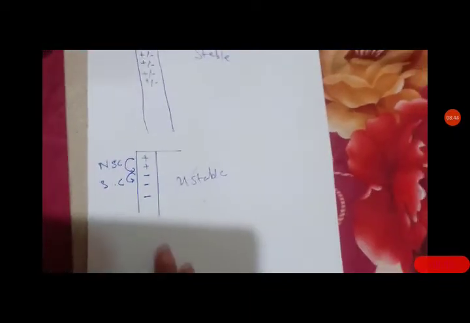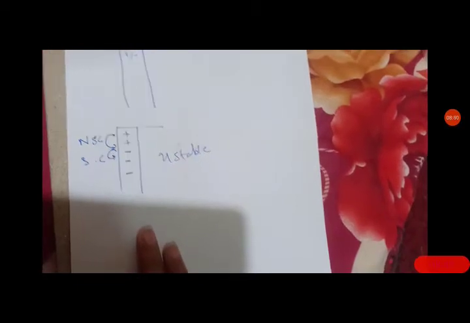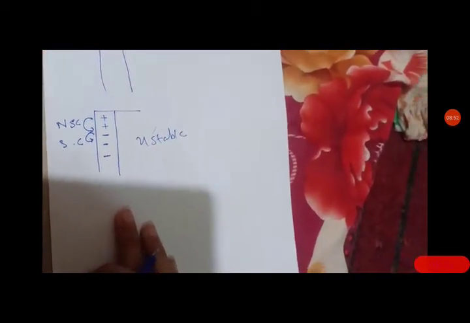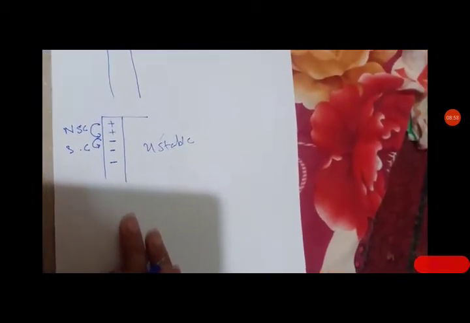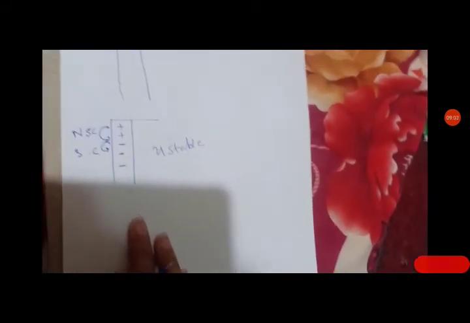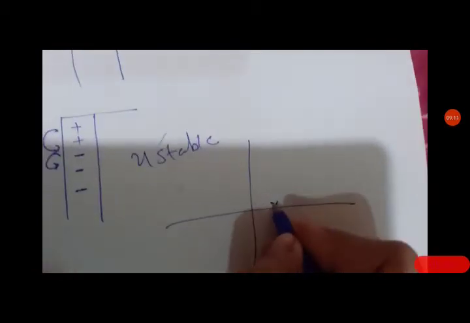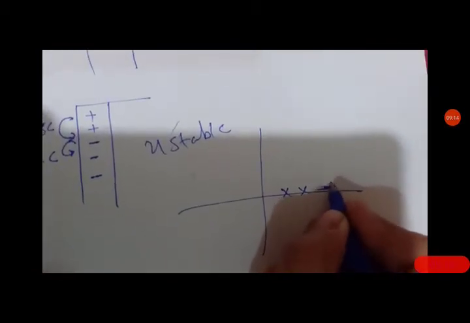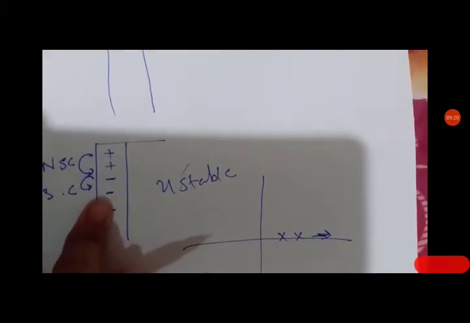Okay. So what does Routh's criterion tell us? Routh's criterion states that the number of roots of the characteristic equation with positive real parts is equal to the number of sign changes of the first column of the array. Means the number of sign changes will determine the number of poles in the right half of the plane. If there are sign changes, the system will be unstable and the number of sign changes will determine the number of poles.